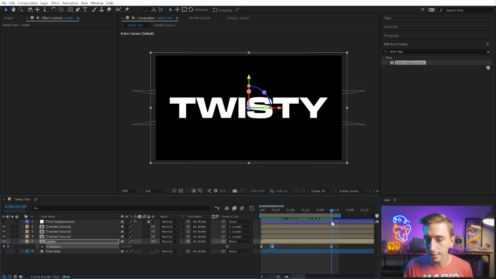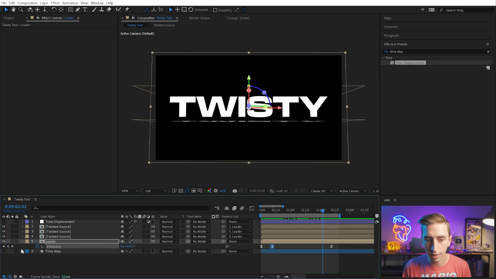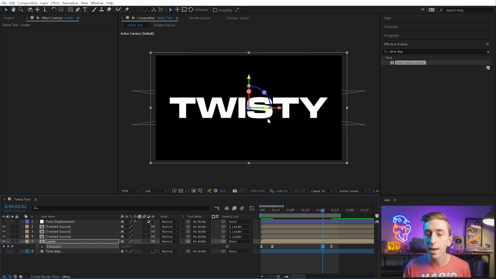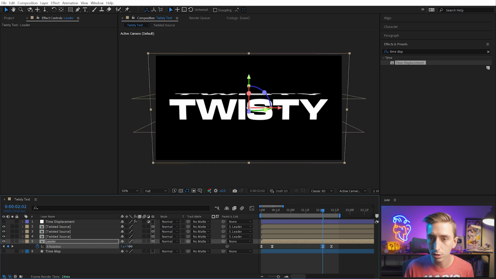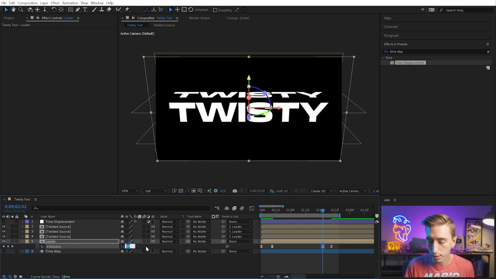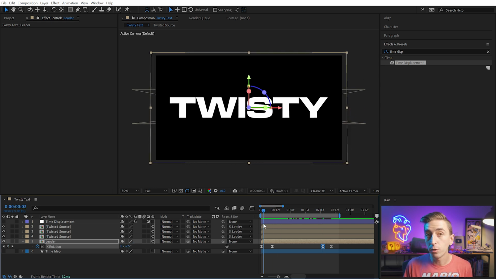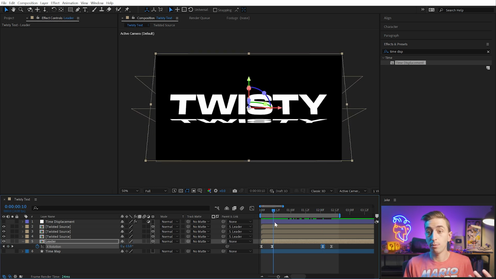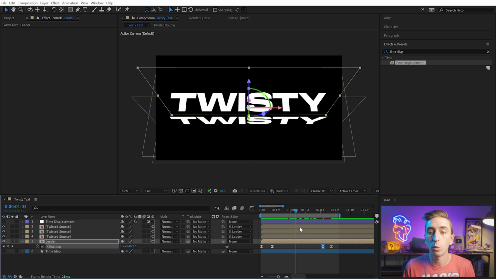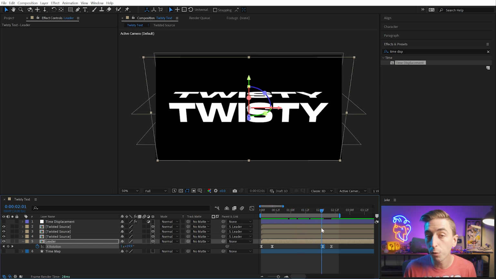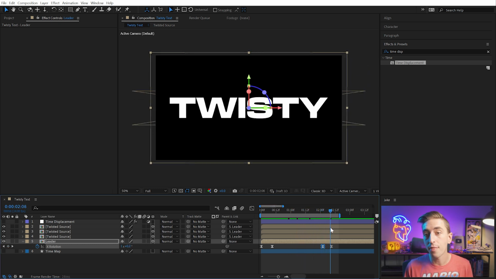And then once it gets to the last keyframe, what I want to do is have it overshoot. So let me go back just a little bit and add another keyframe right here. Actually, let me copy and paste this keyframe and I'll rotate it forward. So let me just go forward maybe about 20 degrees. And that way it's going to first rotate back, anticipating the motion that's about to happen. Then it will rotate forward a bunch and then overshoot where it's going to land and then come back to